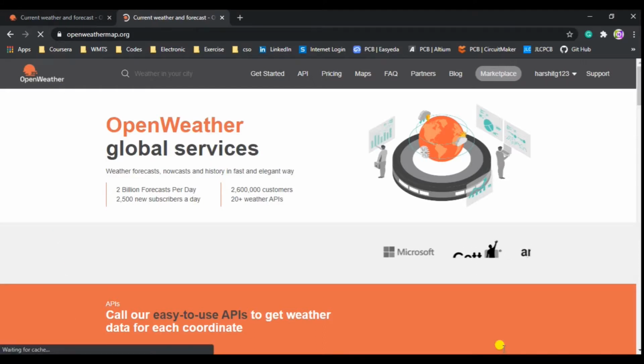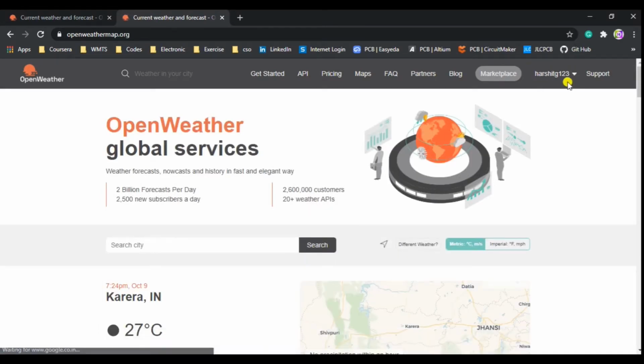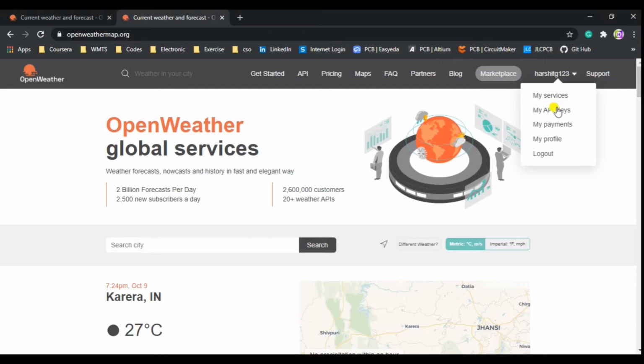So this is the OpenWeatherMap home page. Here in the upper right corner you will find the sign up button. By clicking on that button, you will get your account created, and whatever username you have set for your account will show here. Like for mine, it is showing Harshit G123, as I have already completed my account here. So just click on it and go to My API Keys.